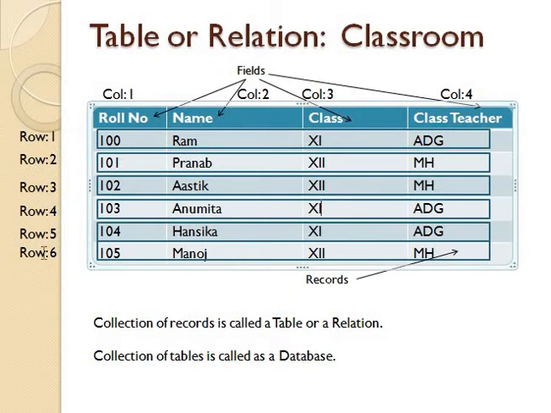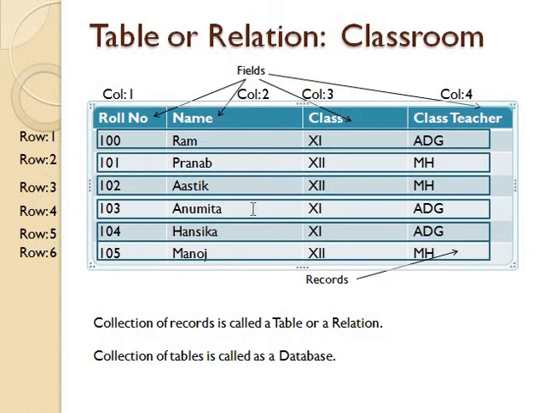Since there are 6 rows, we can also say that there are 6 records, and all these 6 records combined together form a table or a relation, and we have given a name to this table or relation, which is classroom. Now, for a given business scenario, there can be more than one table. There can be many more tables of this type. So tables like classroom can exist in more than one quantity,